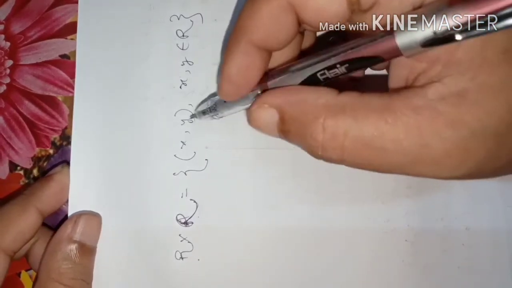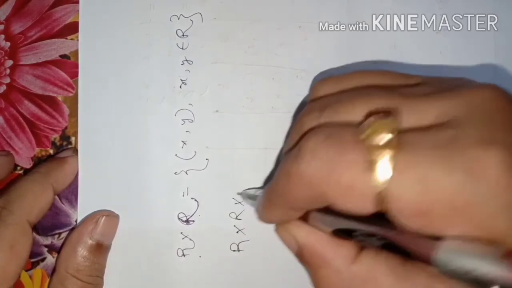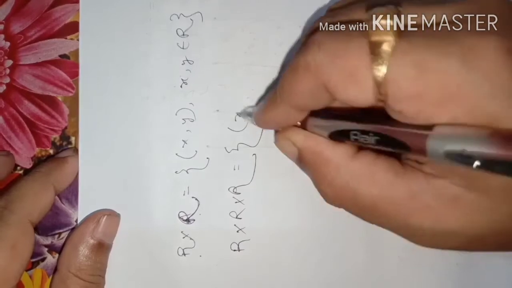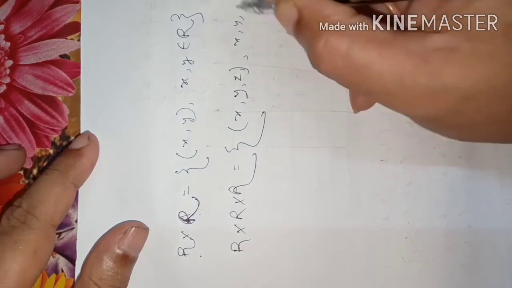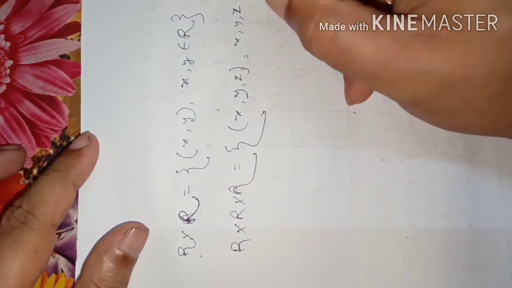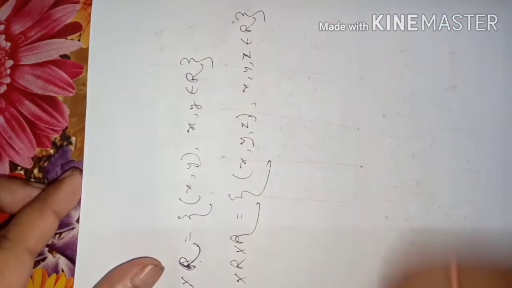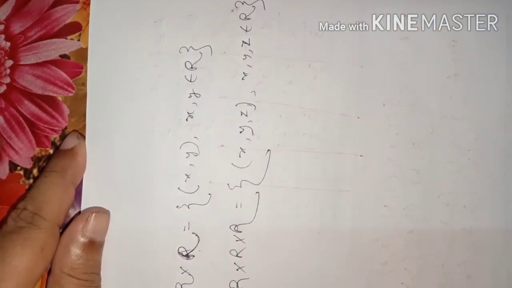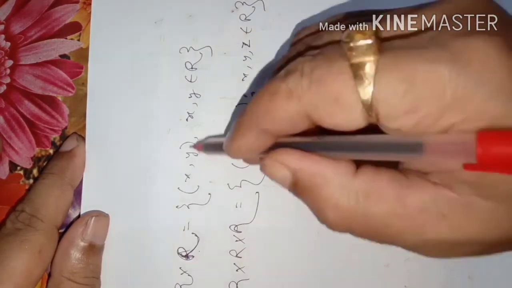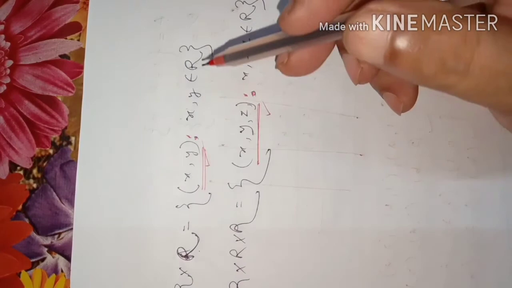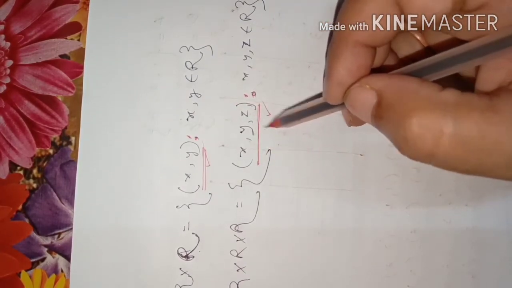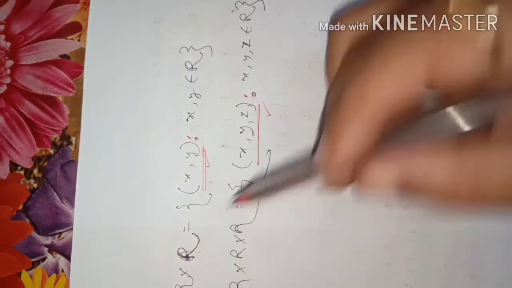Got the idea? So if we say R cross R cross R, then we will understand the set of ordered triplets x comma y comma z, where x comma y comma z all belong to the real numbers. So these are points in 3-dimensional space. R cross R cross R. Got the idea, students? So try to understand this: x comma y comma z, all these are ordered triplets or ordered pairs in the Cartesian product. Got the idea?